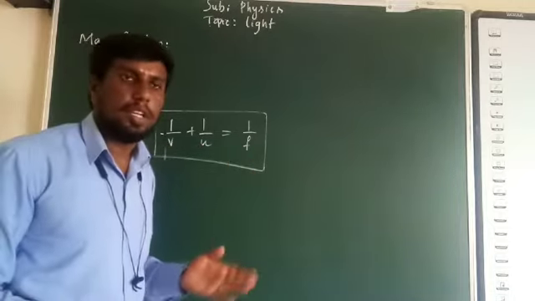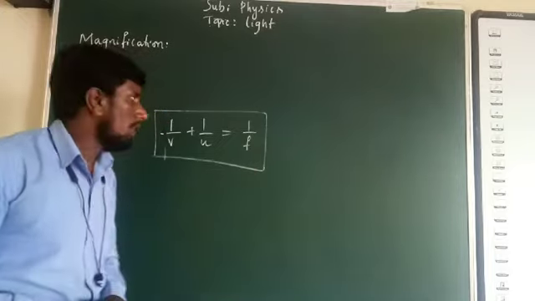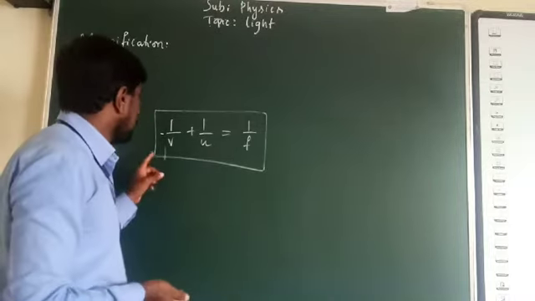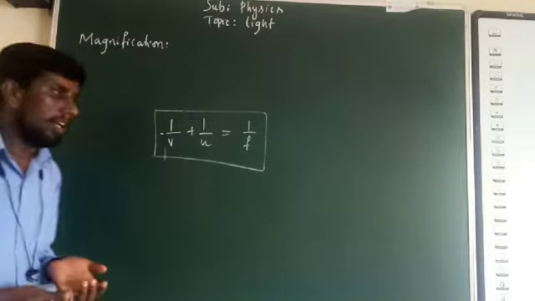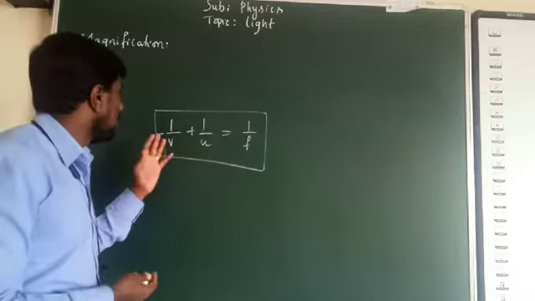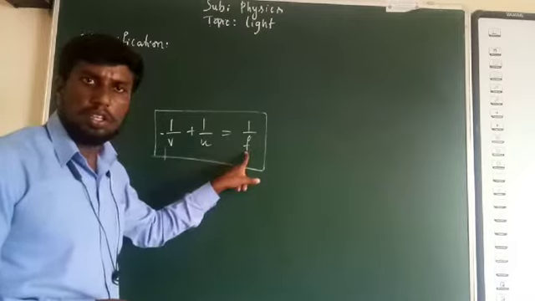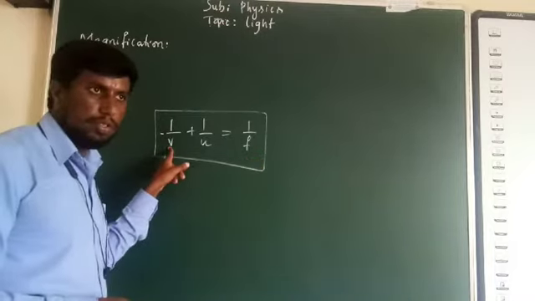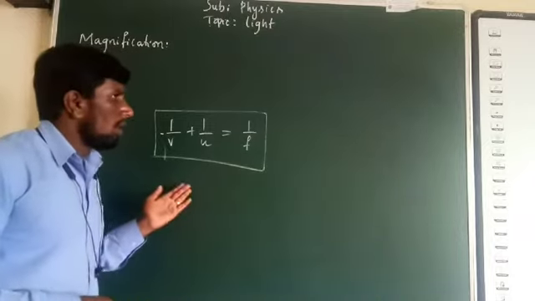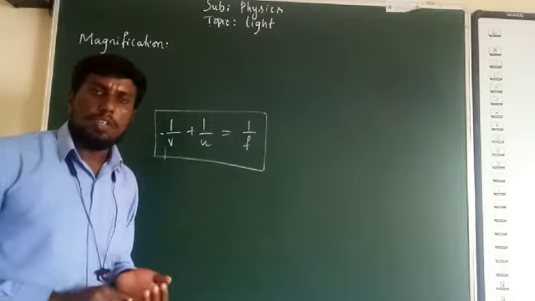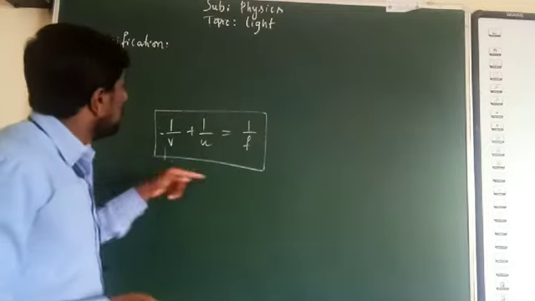f is the focal length of the respective mirror, whether it is a concave mirror or a convex mirror. So we need to remember this mirror formula. We know the mirror formula is required when one of the quantities is unknown. Suppose we know the object distance and the focal length but not the image distance; then using this formula you can find the image distance. That means we can find the nature, position, and size of the image using the mirror formula.